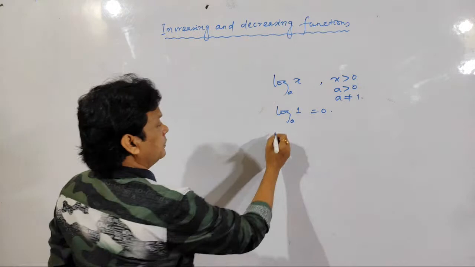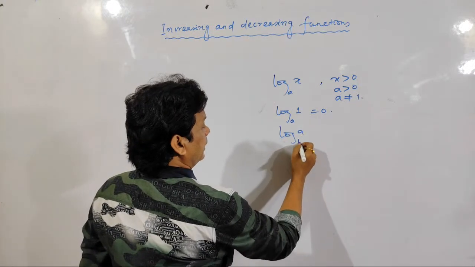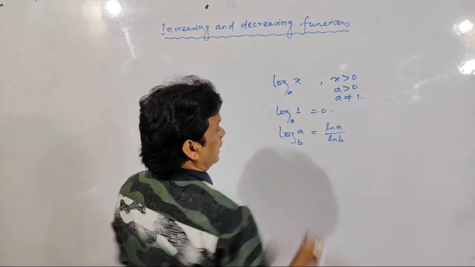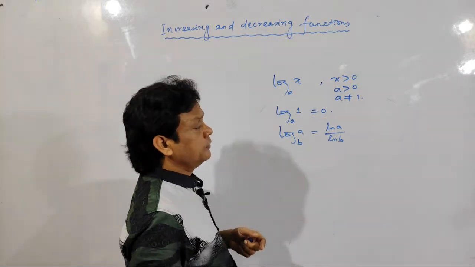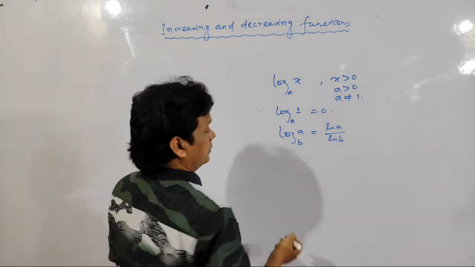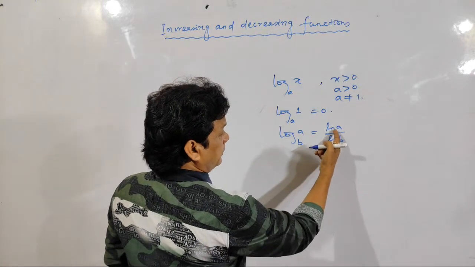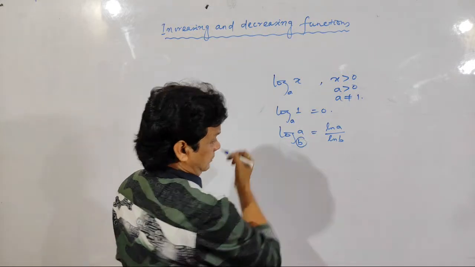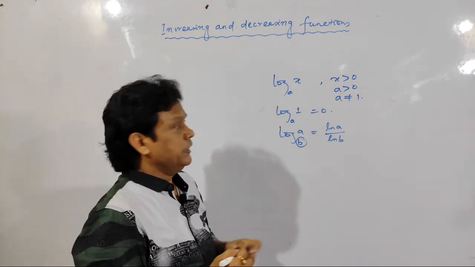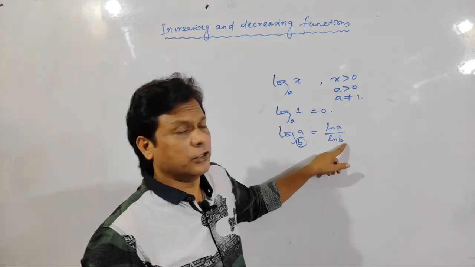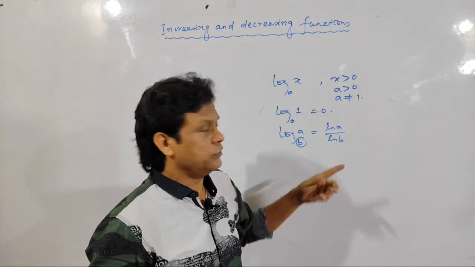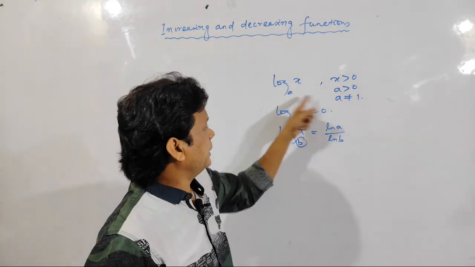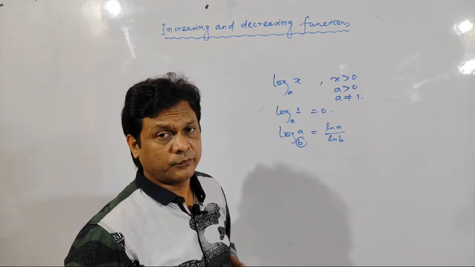And there is a formula already known to you. Log a to the base b is ln a by ln b. And ln I am writing for base e. Any base you can take. That means log a to the base c divided by log b to the base c. And if b is equal to 1, then it will be ln 1, and ln 1 is 0, and something by 0 is undefined. Clear? So that is why I have written a is unequal to 1. Okay.